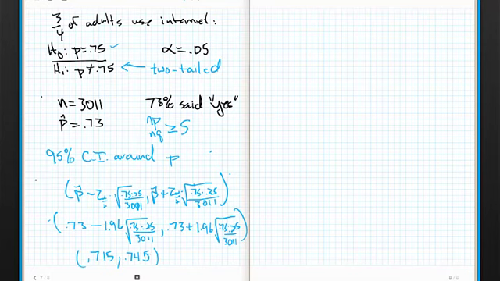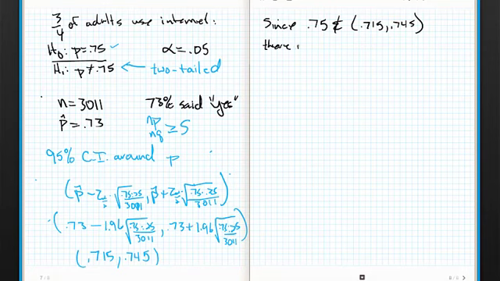We hope that everything went well and that our data values are valid, which they are as long as they were collected randomly. All right, now we're going to write this up. Since 0.75 is not, now this is fancy mathematics, since 0.75 is not in the confidence interval from 0.715 to 0.745. Now here's where we get into the lawyer speak, all right? There is evidence